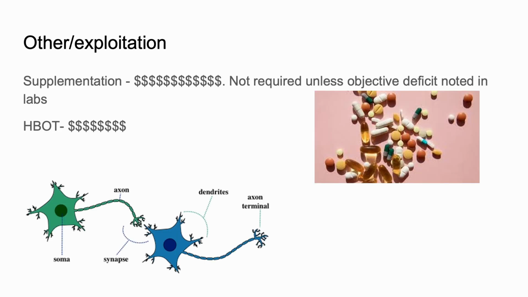So kind of as part of what I was just talking about, the uncertain factors, I stay away from supplements, and I did pre-stroke as well, just because ultimately, in my opinion, and from what I see, these are really just a money grab. And for the most part, they're not really required unless there's an objective deficit that your physician or neurologist or whoever has seen in your labs, right?